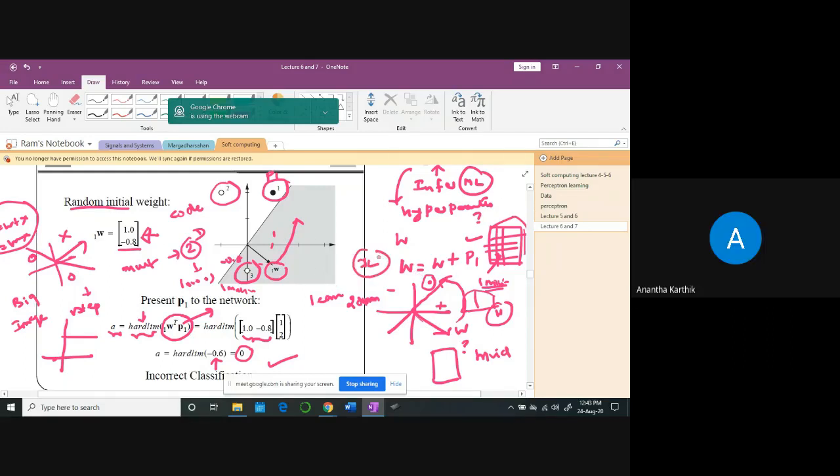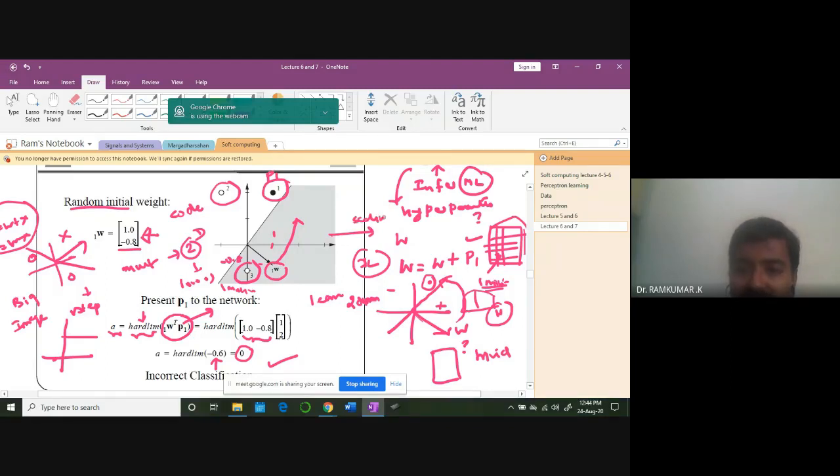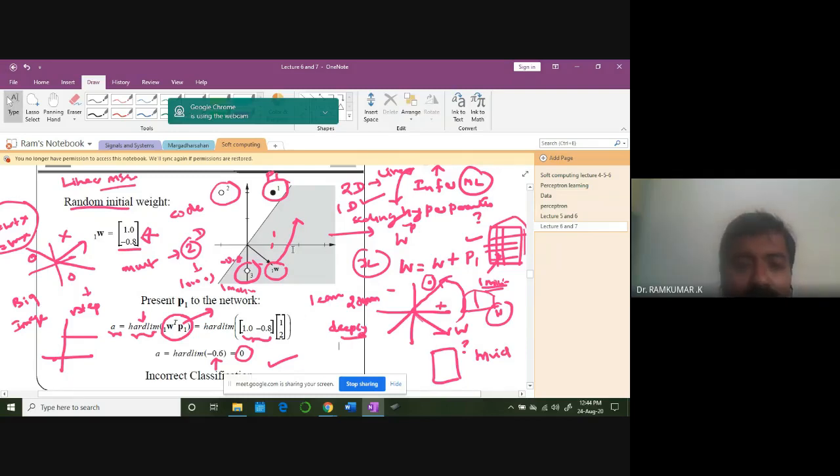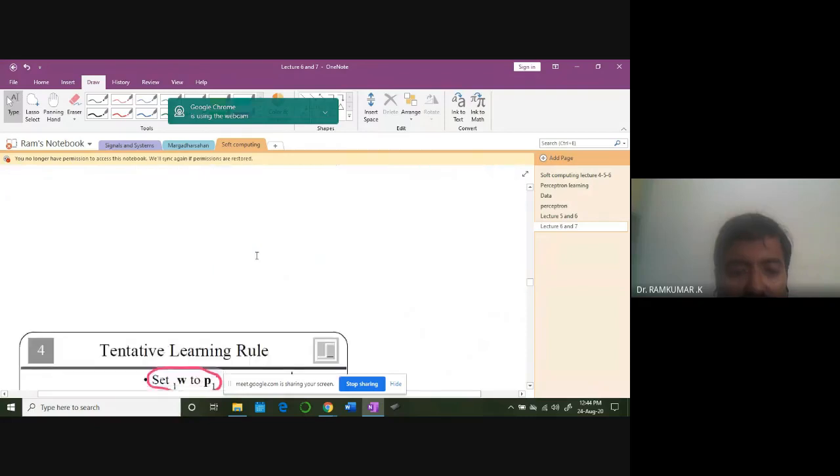So it's more like scaling up. That's all, but the idea is the same. If you learn how to work it out for 2 dimensions, you can work it out for 1 million dimensions. That is the beauty of linear algebra. So spend some time on linear algebra. Try to learn the basics, so that you will appreciate the subject much more deeply. But the key point is you need to choose initial random weights. Normally there will be some random initializer in the algorithm. In Python we will see how we can do that. So we'll start with that and we'll proceed.